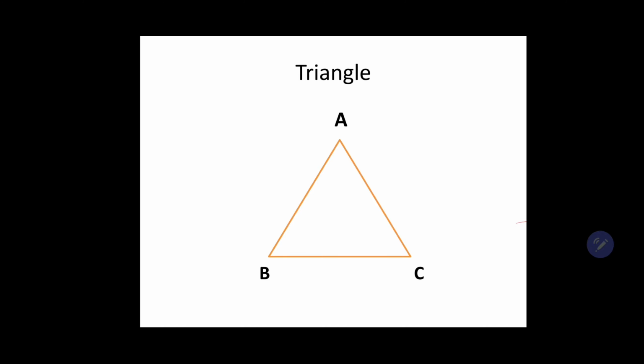Before we study the similarity of triangles, we must understand what a triangle is. So let us consider this diagram. Here we have 3 non-collinear points A, B and C. If we join any two of them, then we'll get a segment, and like this we'll get a compact diagram which is called a triangle.